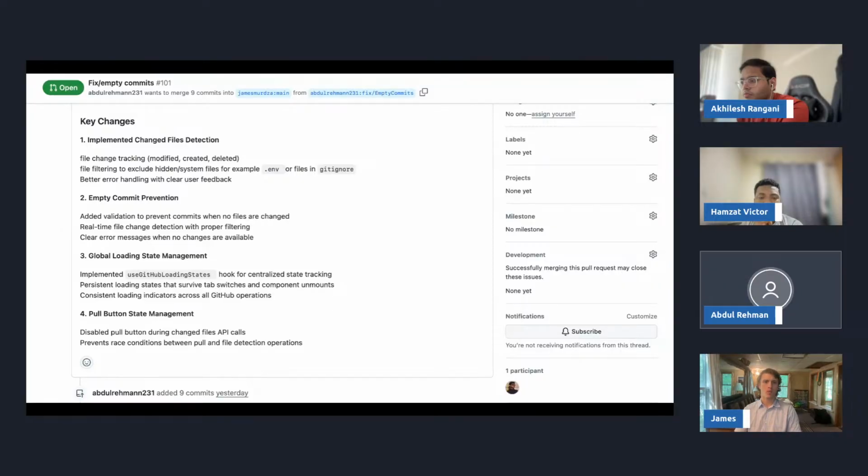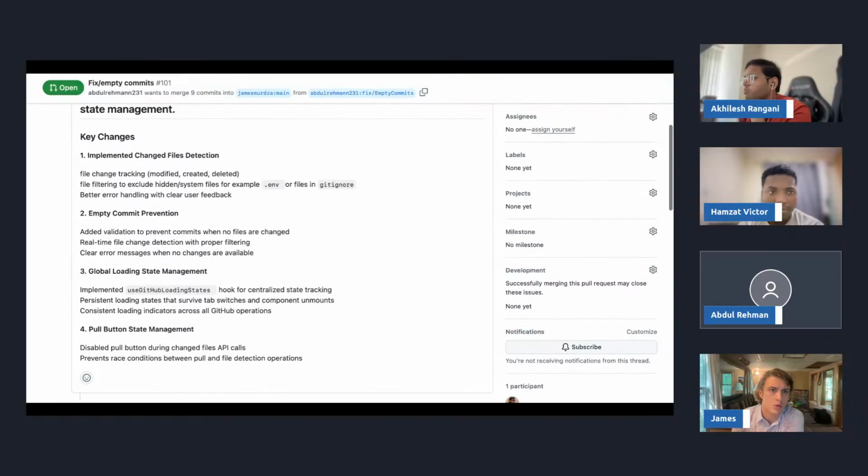If we edit a file, or create a file, or delete a file, it will show that file name and a message that it was modified, created or deleted. And before committing, it will check if there are any changed files, and only then we will commit, or else it will show a toast that there are no changes. Otherwise, previously it was creating empty commits in our GitHub repo.